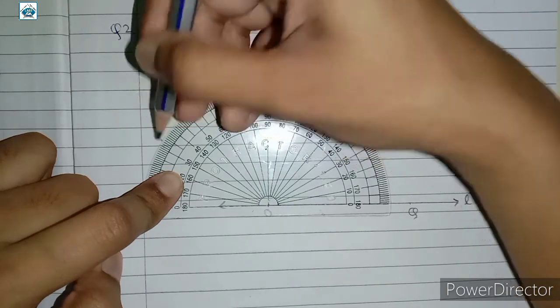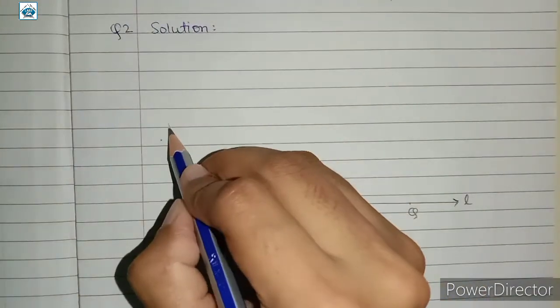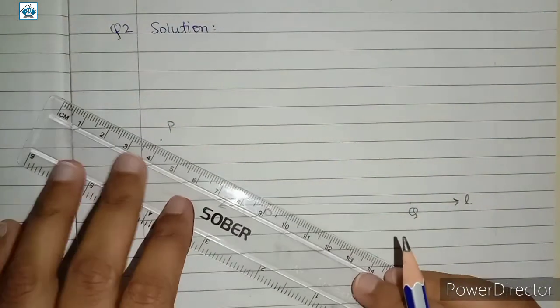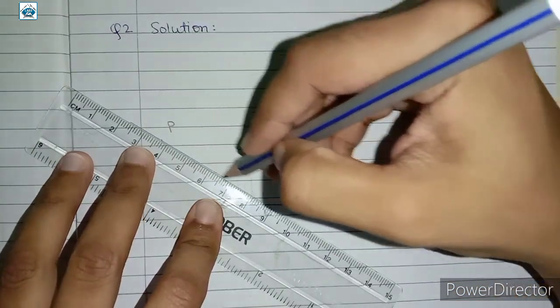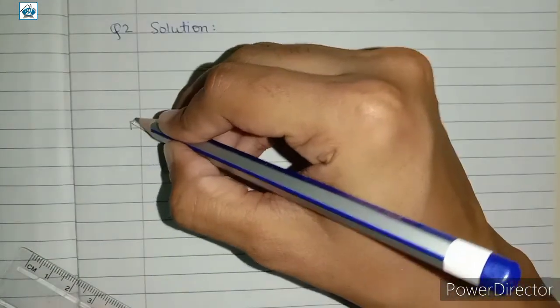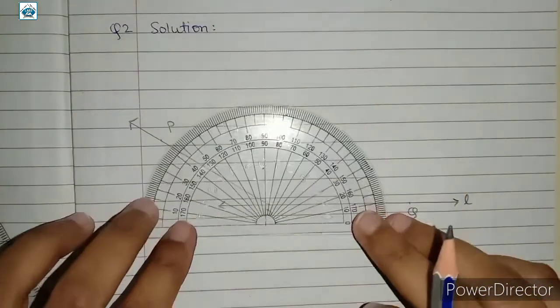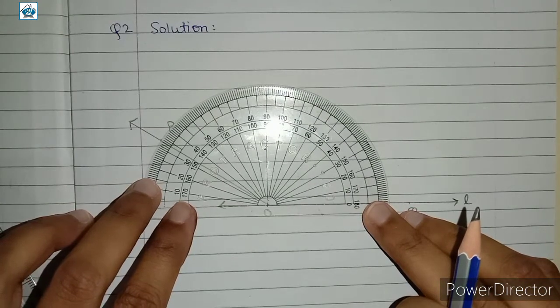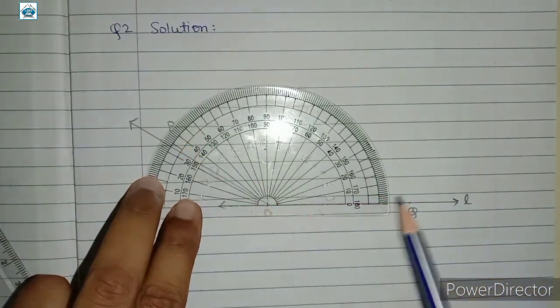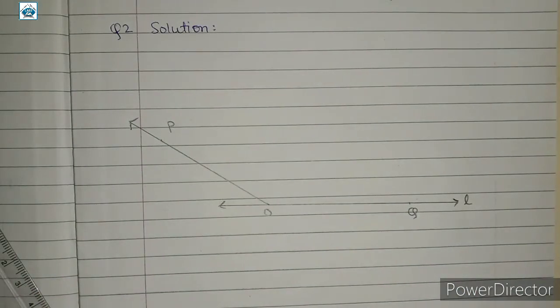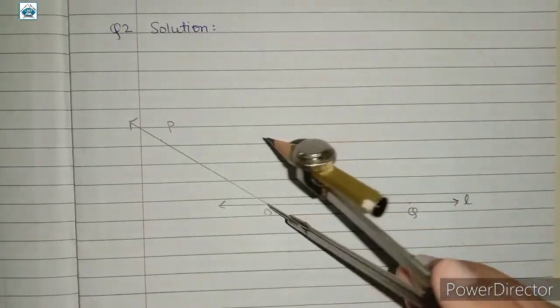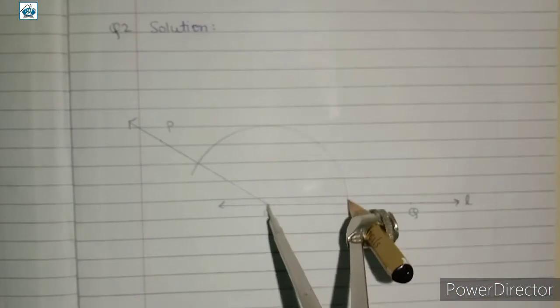I mark the point against it like so, and here I will be naming this point P. Next, let us join O and P. So OP is the other arm of my angle which measures 147 degrees. As you can see over here, angle POQ measures 147 degrees. After that, you need to construct the bisector of this angle just like we did for question number 1. Let us place the pointer of our compass at point O and draw an arc with any convenient radius.